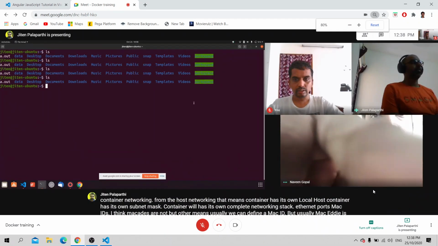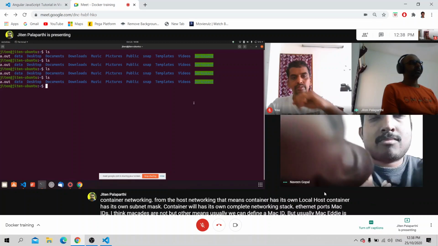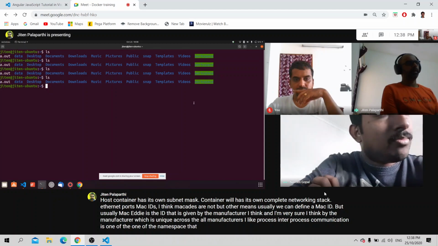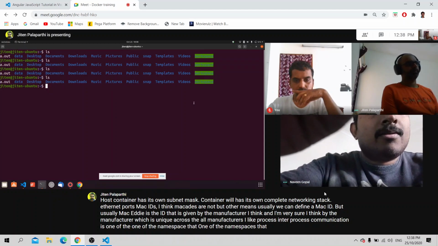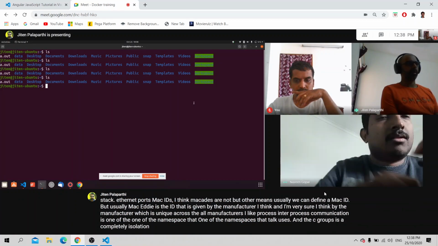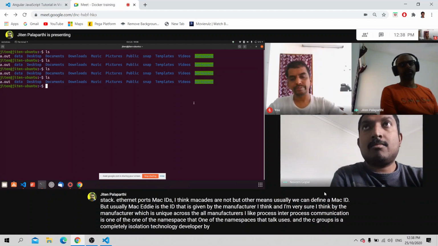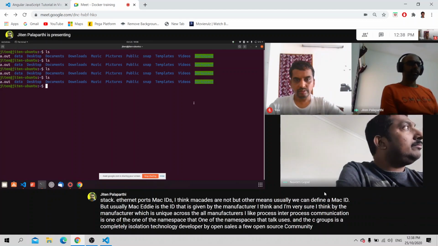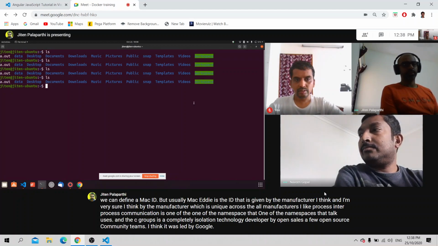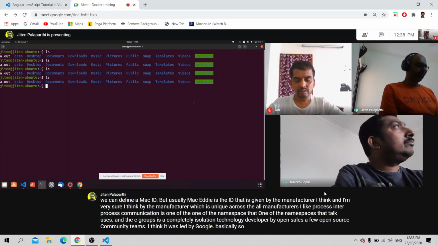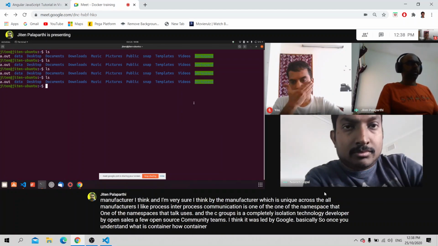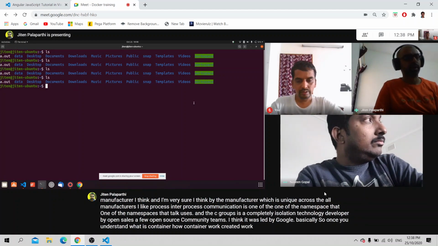Inter-process communication is one of the namespaces that Docker uses. And C groups is an isolation technology developed by a few open source community teams. I think it was led by Google, basically. So once you understand what a container is, how containers were created, the evolution of containers and all, then the